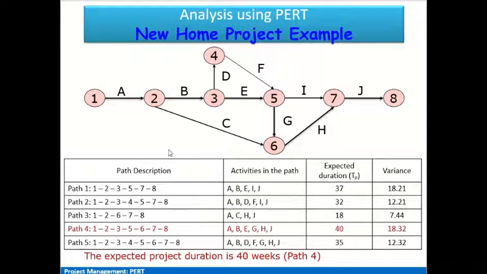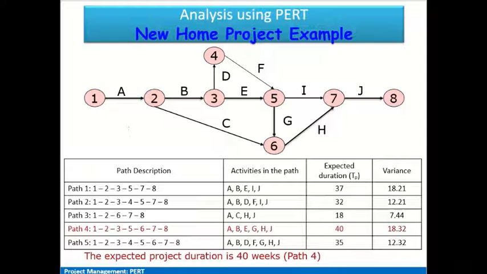Now once we have done that, we are just exhibiting in a pictorial form through the network diagram how these activities are progressing through the project and how they are interrelated. So as we can see, there are different paths available. This is based again on the previous presentations. For details, you may wish to refer to the previous presentations on how to construct a network diagram. That activity has been explained in detail.